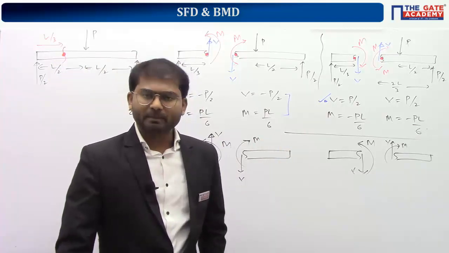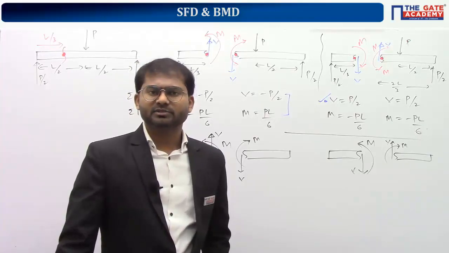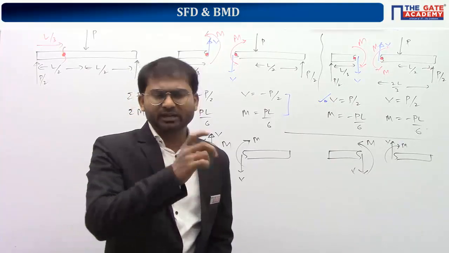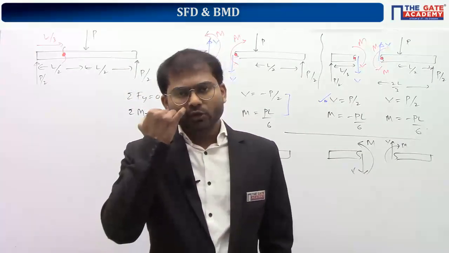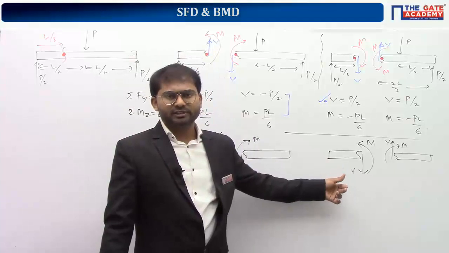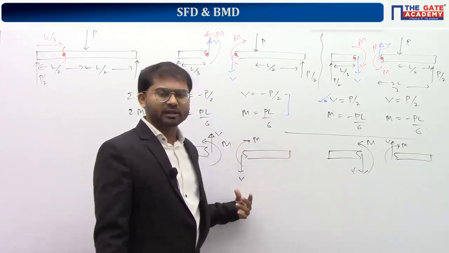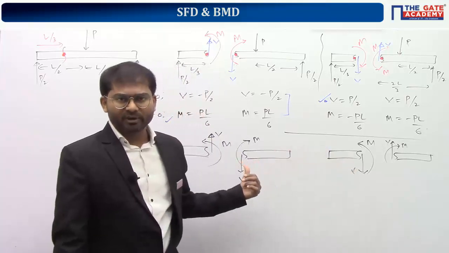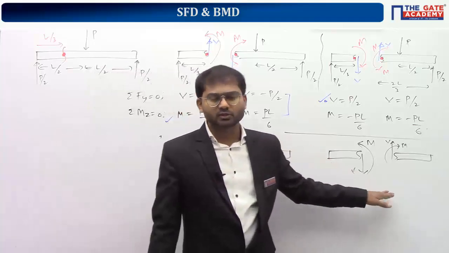Because for bending moment, there is a concept we're going to see immediately, sagging and hogging. Wherever bending moment bends in a particular way, we call it sagging, and a particular other way of bending, we call it hogging. So whatever convention they follow, whether it is an Indian author textbook or a foreign textbook or NPTEL, they follow the same convention for bending moments, because left cut means anti-clockwise, right cut means clockwise. Same thing here also.